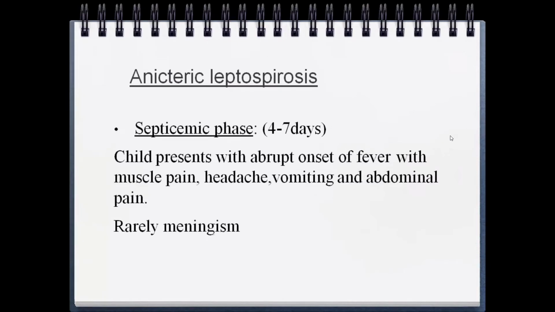So there is a term known as anicteric leptospirosis, in which jaundice is still not present. Okay, so anicteric leptospirosis generally has a septicemic phase, which occurs in 4 to 7 days of illness. So 4th day of fever, 5th day of fever, and the child is in septicemia, you should suspect anicteric leptospirosis. Child will present with